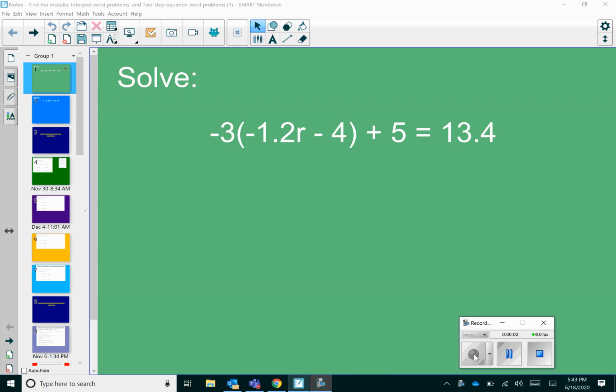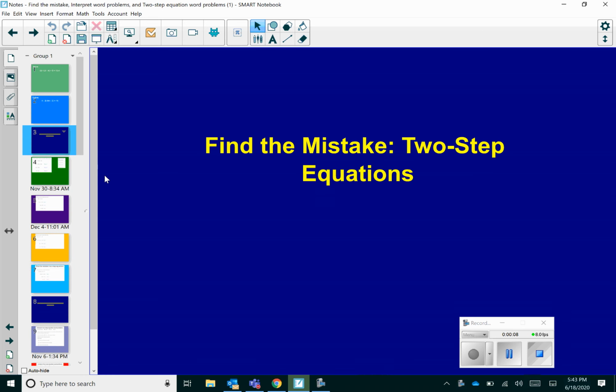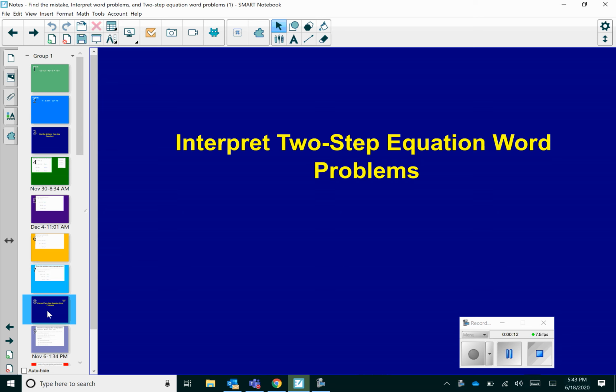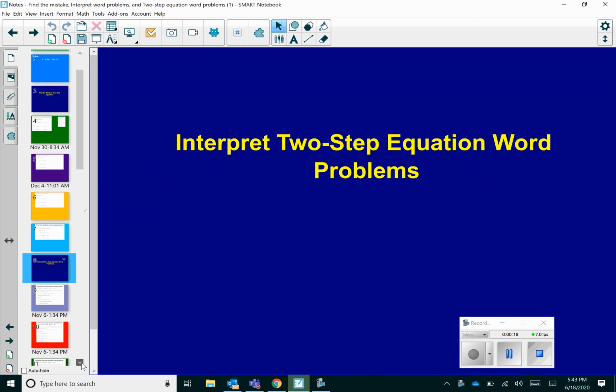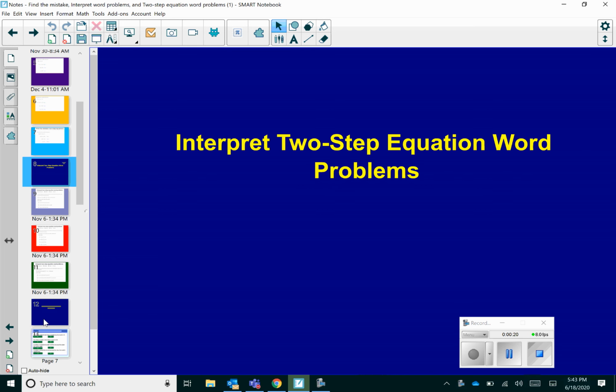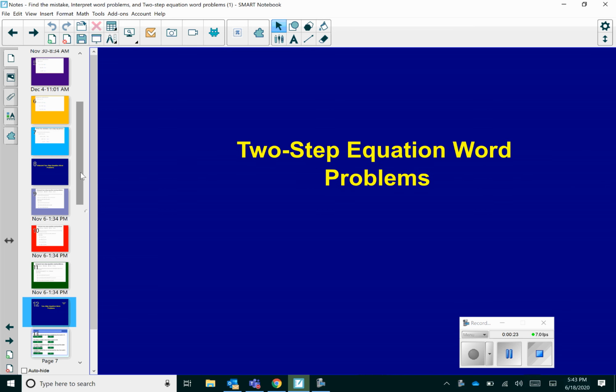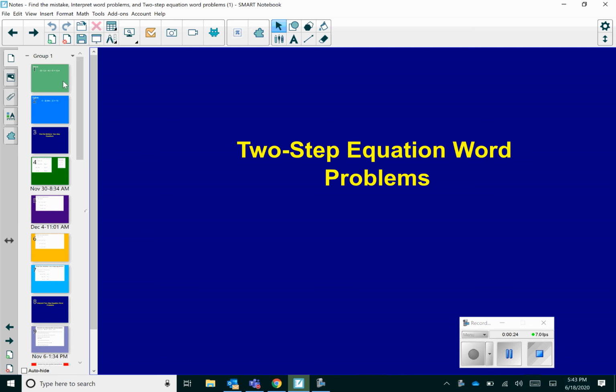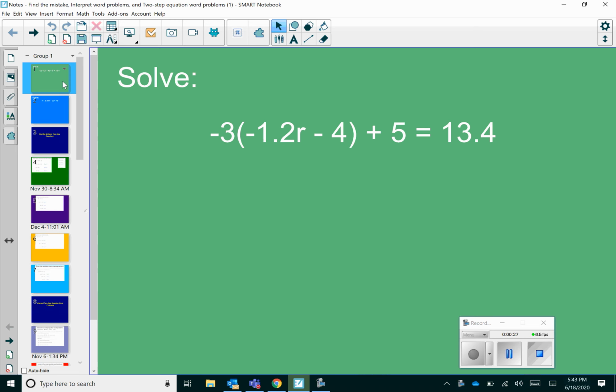Hello everyone, we're going to continue with the expressions, equations, and inequalities unit, and today we're going to work on finding the mistake in two-step equations. Then we're going to interpret two-step equation word problems, and then lastly we're actually going to solve two-step equation word problems. So back to the beginning,